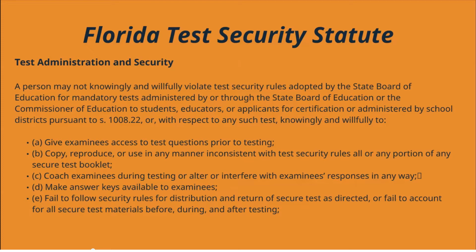Statute 1008.24 on test administration and security states, a person may not knowingly and willfully violate test security rules adopted by the State Board of Education for mandatory tests administered by or through the State Board of Education or the Commissioner of Education to students, educators, or applicants for certification, or administered by school districts pursuant to Statute 1008.22, or with respect to any such test, knowingly and willfully to give examinees access to test questions prior to testing,